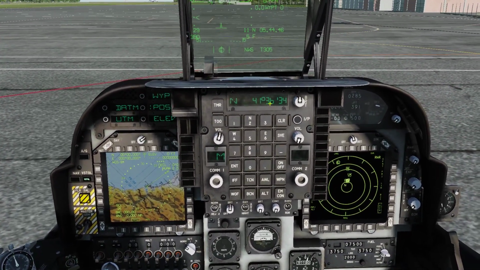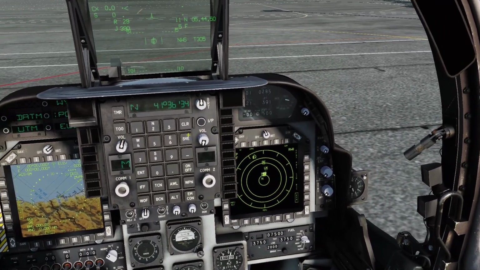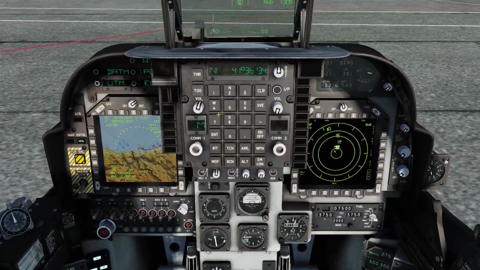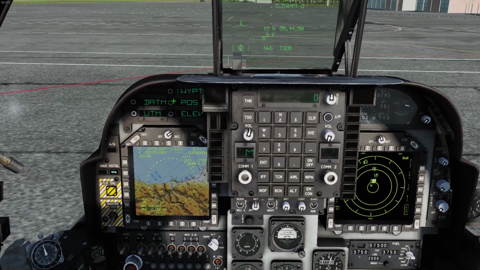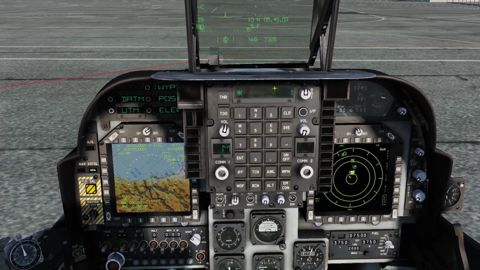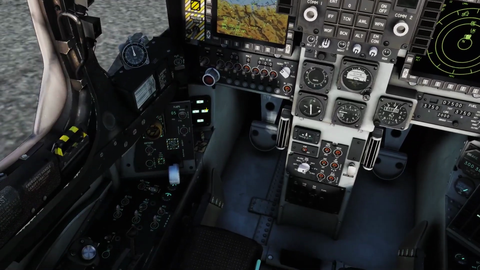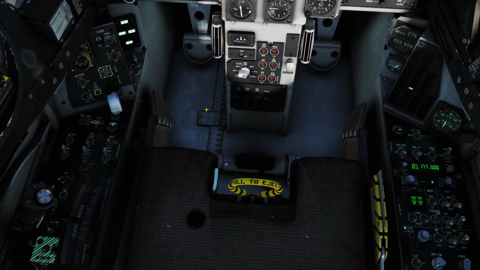That's our current position, waypoint 0. But first of all, that one, waypoint 1, enter, shows it's a new waypoint, and the new position wants to be